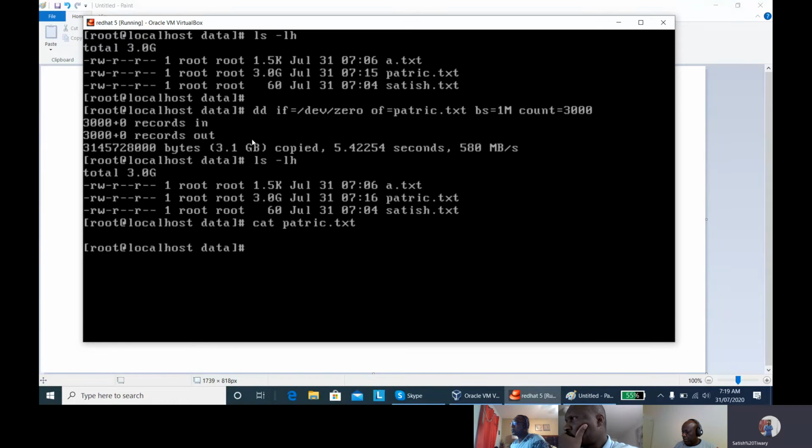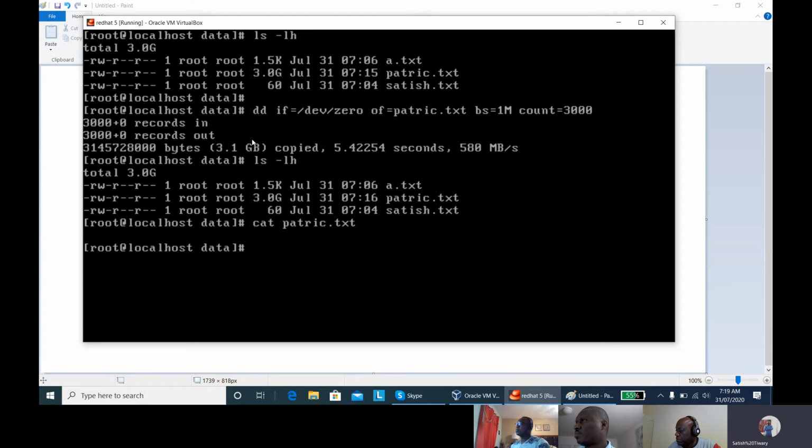So there is a difference. If there is a 2 liter empty Thums Up bottle, it means you can keep 2 liters of liquid inside that bottle. So this is the difference between /dev/sda and /dev/zero.